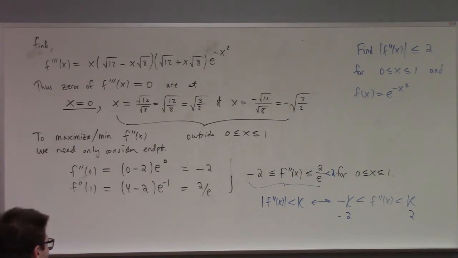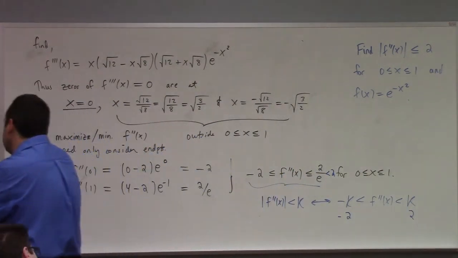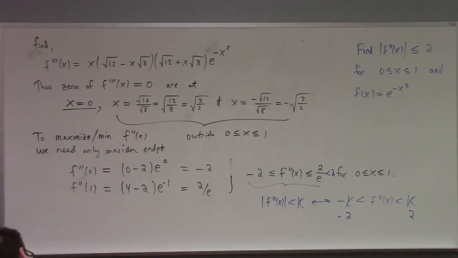Now, so now we can answer that. So how can you use the bound made with the zeros of f triple prime of x? You said f triple prime of x is equal to 0. You got square root of 3 over 2, negative square root of 3 over 2. How did you determine 0 and 1 from that? Well, that shows that the critical points of the third derivative are 0 and plus or minus square root of 3 over 2. But plus or minus the square root of 3 over 2 are not in the interval 0 to 1. So if I'm trying to find optimal values for the second derivative, I look for critical numbers in the third derivative, and that's